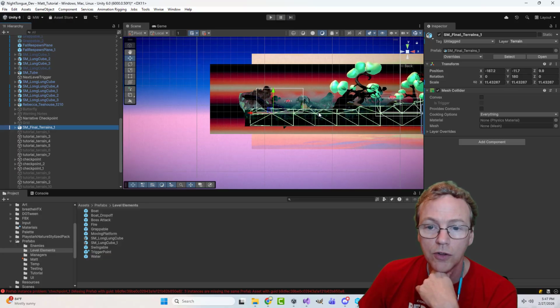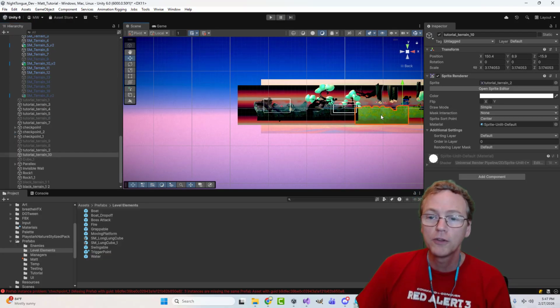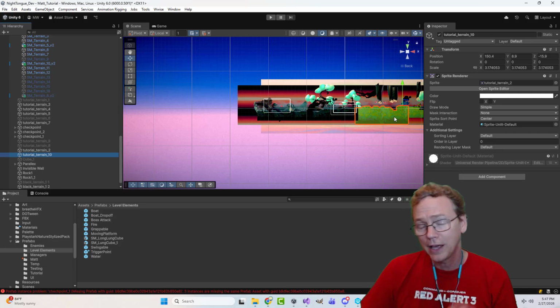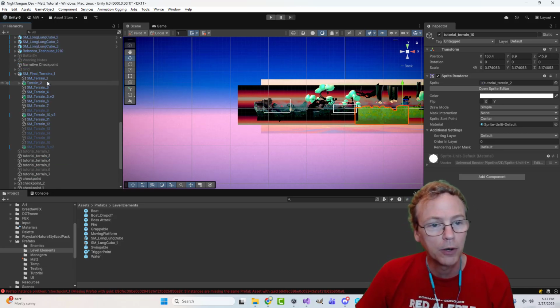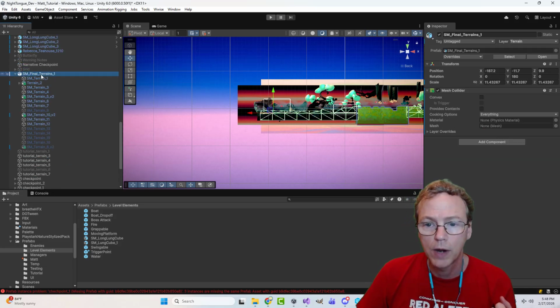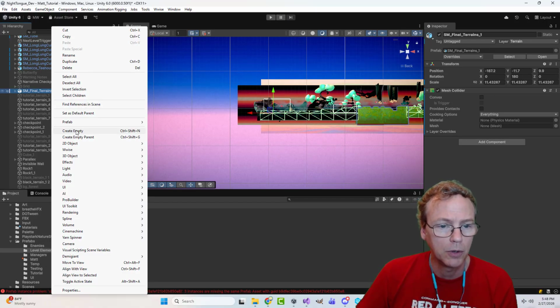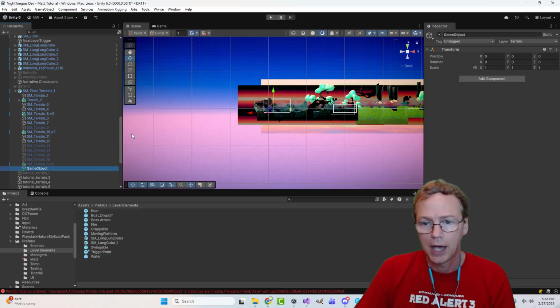So let's see, where is the art? Cool, we want to do the same thing with the art. We don't want to just throw these in directly in the scene. I think the way you all are working is one person lays in the terrain colliders, and then another person comes along later and lays in the art. So let's make a prefab for that. So I'm going to just do the same thing I keep doing. I'm going to make an empty thing, and I'm going to call this